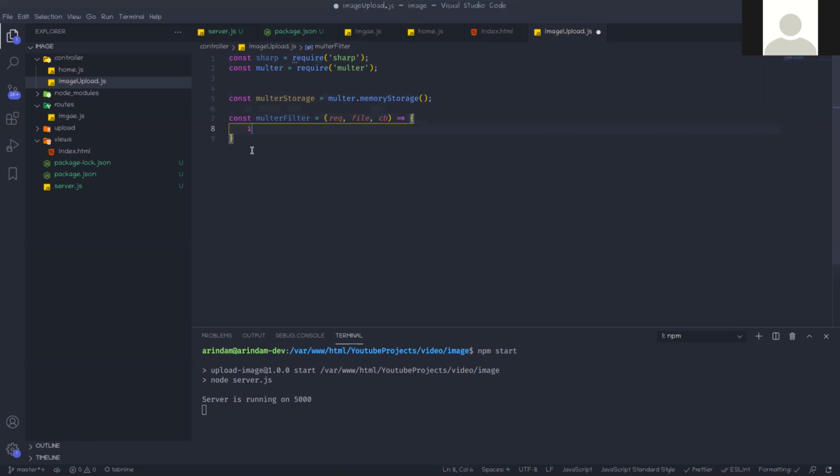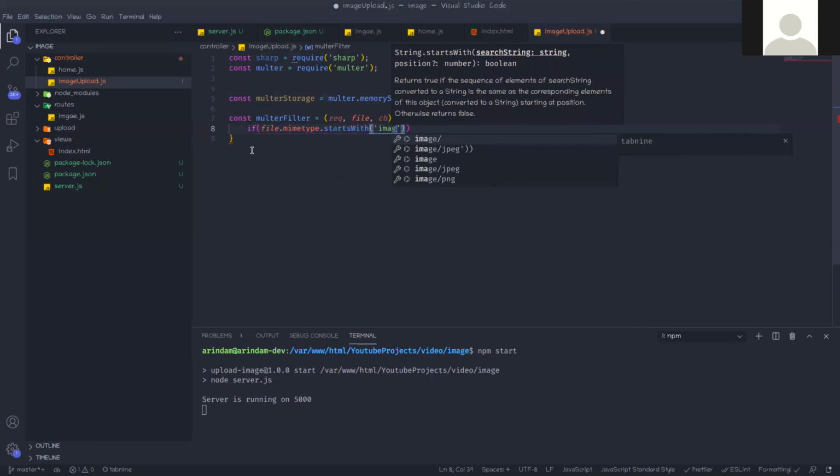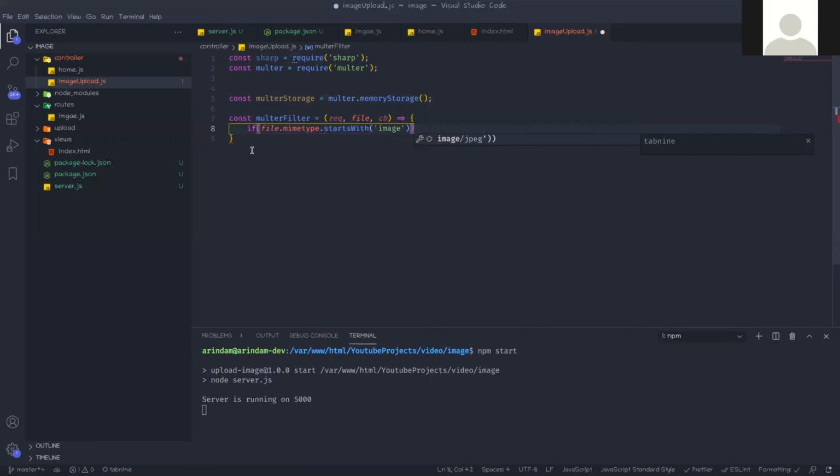First we will check if file.mimetype.startsWith. Mimetype is a file property. If that mimetype property starts with image, then it is an image, right?